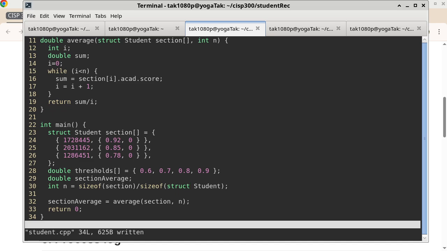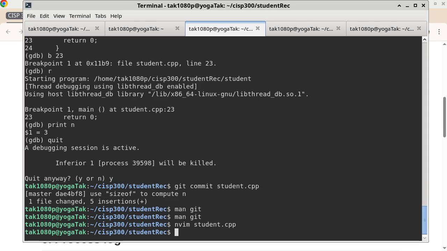All right, so I'm going to test this program first, but I'm not going to check it in first. I will test it. If it works, then I'll check it in. So let's go ahead and compile. g++ -g -o student student.cpp. So if you are going to learn how to use the command line version of the compiler, g++ is